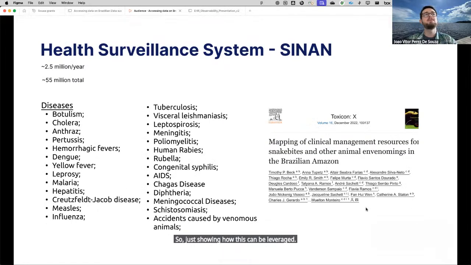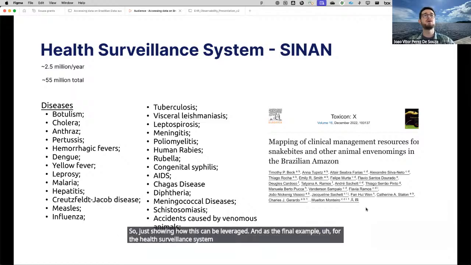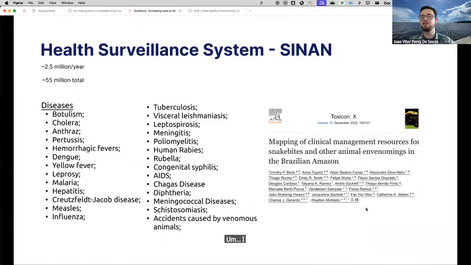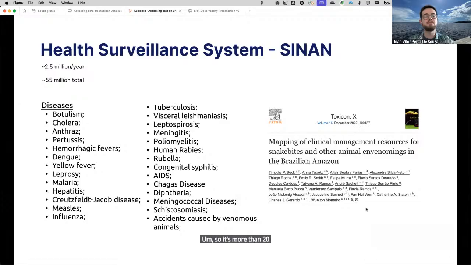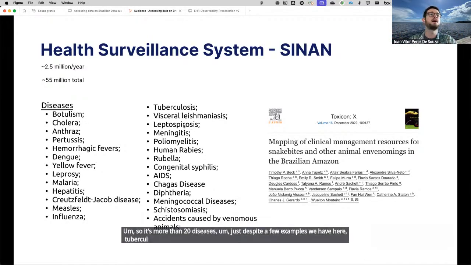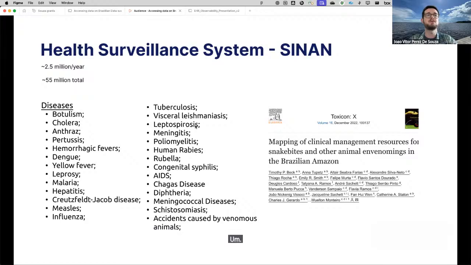And as the final example, the health surveillance system captures notifiable diseases, or diseases that have mandatory notification in Brazil at least. So it's more than 20 diseases. To cite a few examples, we have tuberculosis, leptospirosis, rubella, yellow fever, and many others.